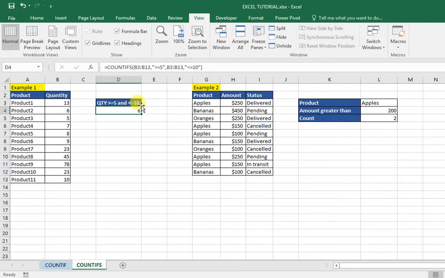So in this 5 to 10 range, 6 products are there. So this was it for the first example, and then now we are moving towards the second example, in which the same data set is here, which we have used in COUNTIF. We have products, we have their amounts and their statuses. So now we have to find out